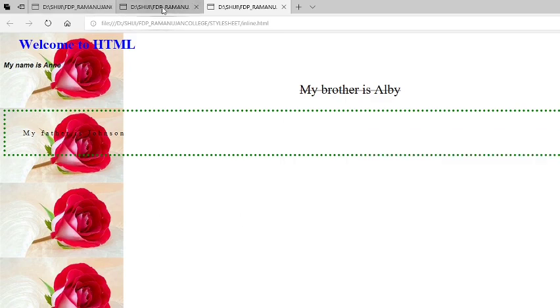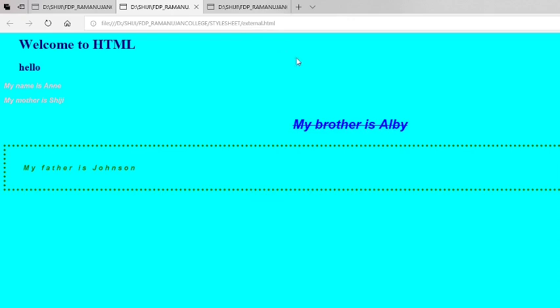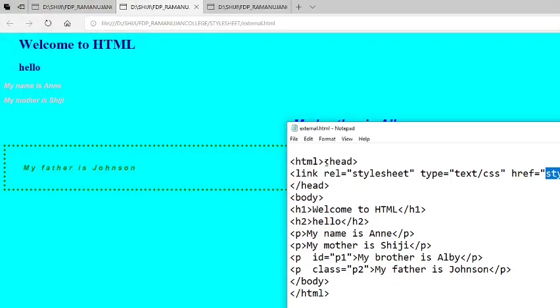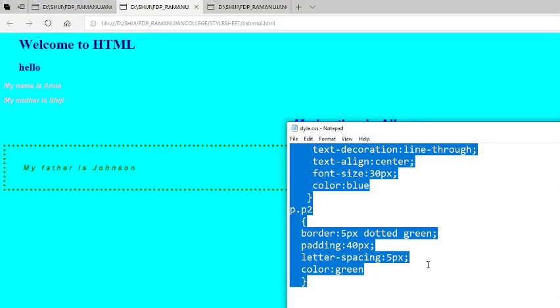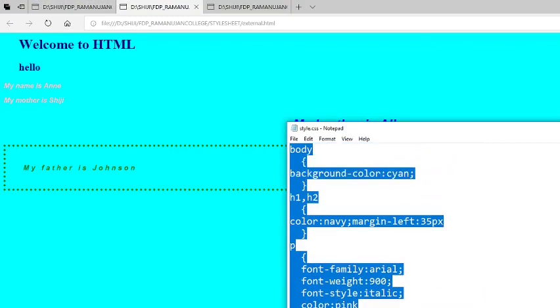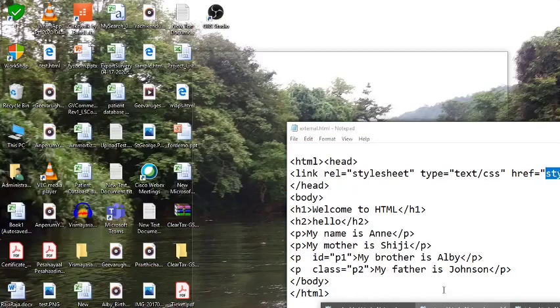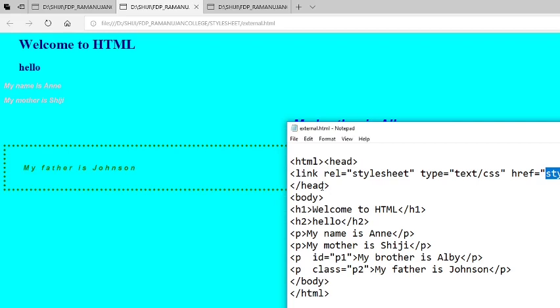And then you can see external style sheet. We have seen that in external style sheet, the style is given inside CSS, so inside HTML we are not writing any style. We link the CSS file by using the link tag, and that link tag has to be given inside the head tag.